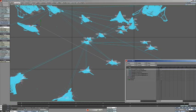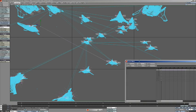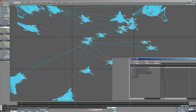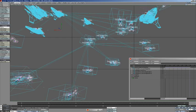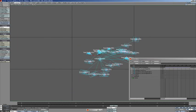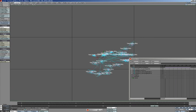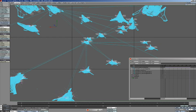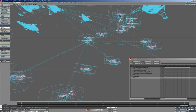And maybe while we're taking a look at this, we should also see exactly which Viper this one is here, because it seems to be moving quite significantly. Let's just take another look at this from here. And you know what, that's probably okay. Right. So what I'm going to do now is I'm going to go and grab the camera, and I'm going to do a little bit of an animation with it. I'm going to just drop it down again,